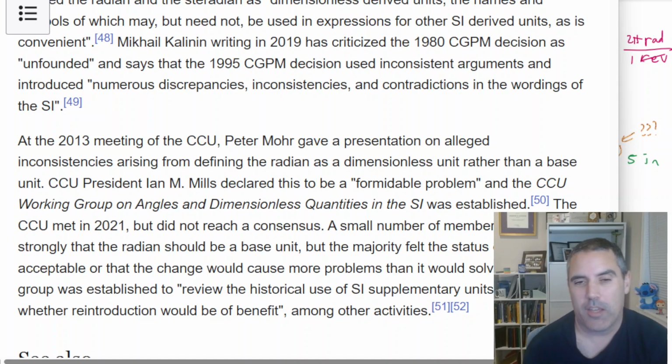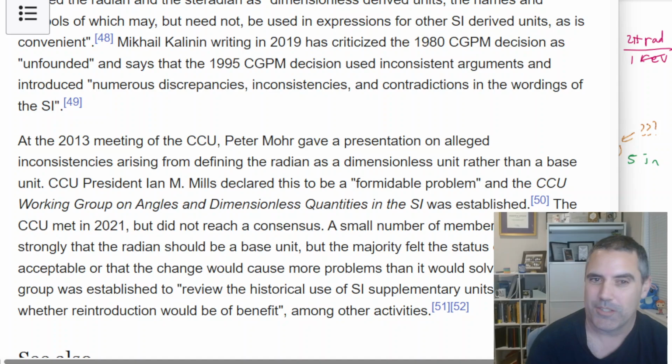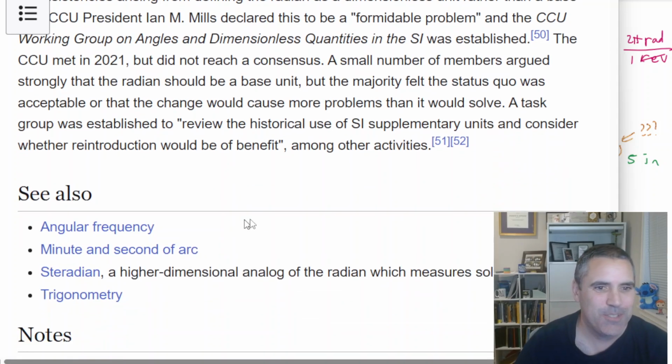So this is not about whether we should get rid of it, but how we should classify radians, as a dimensionless unit or as a base unit. That was 2013. They discussed it, and then in 2021, they couldn't come to a consensus. So within the official bodies, there's still debate about what to call radians. I thought students might be interested in that history. But